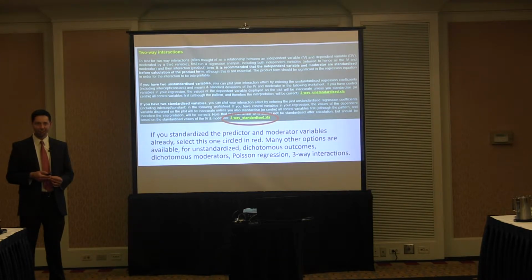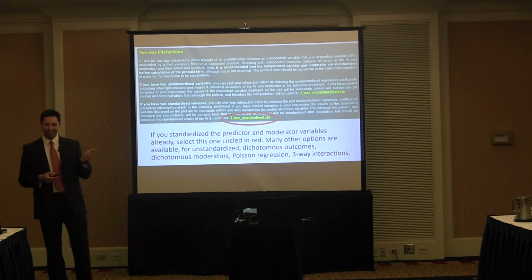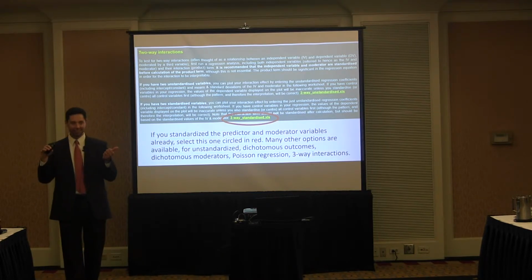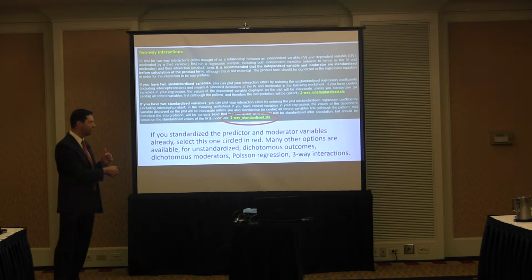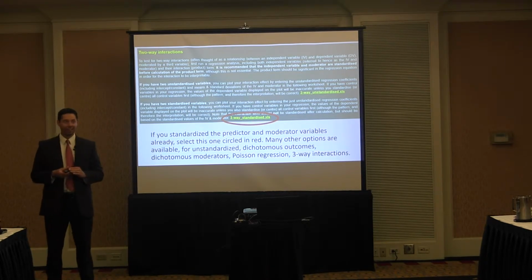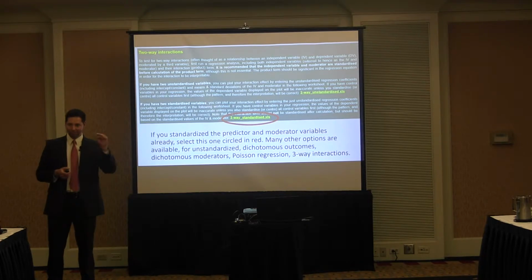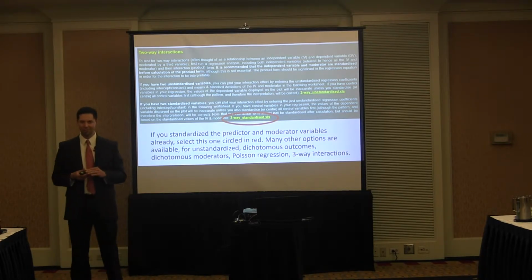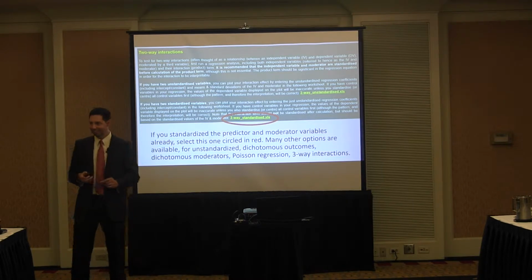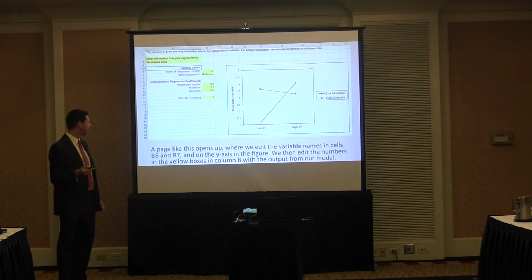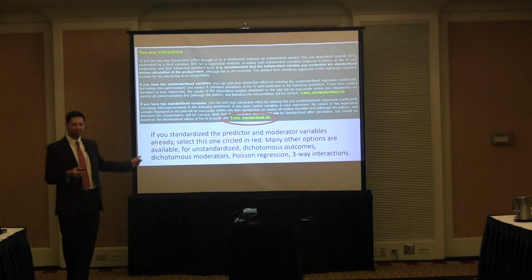So you have lots of options here. You can have unstandardized. If you didn't standardize it like we just did to turn them into z-scores, you click the unstandardized. If you standardized it like we did, we'll click this two-way standardized. If you ran a Poisson regression with the count variable, you see where there's the Poisson further down. There's three-way interactions further down. So this handy-dandy little website is made by a stats professor who, I use this all the time, and I point our students to this all the time, and I just think it's super, super helpful. So if you click on that, were you all there?